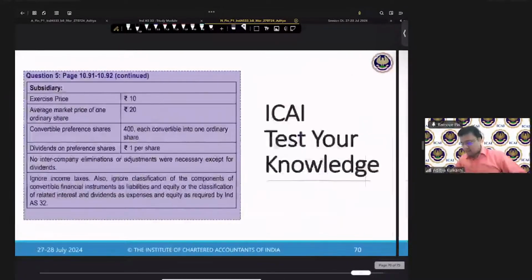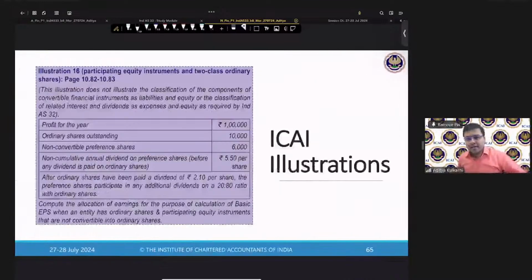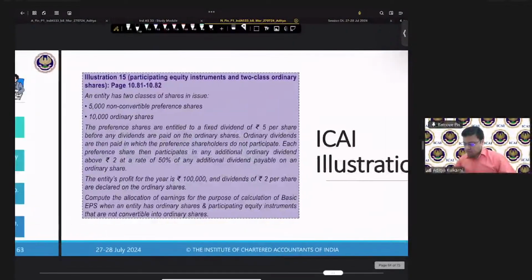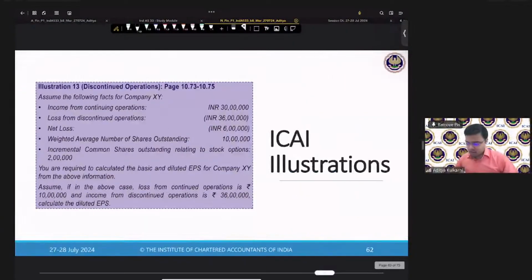I think only the nitty-gritties pertaining to Ind AS remain, that is contingently issuable shares, number one. Second, financial instruments, wherein we have one question left. And we also have continuing and discontinued operations. These three concepts are new in Ind AS. Apart from that, whatever we have discussed, the majority of it is something that you are already aware of. So we have completed those matters today.